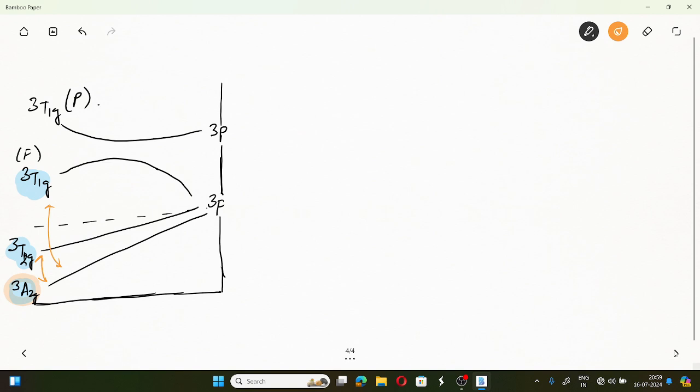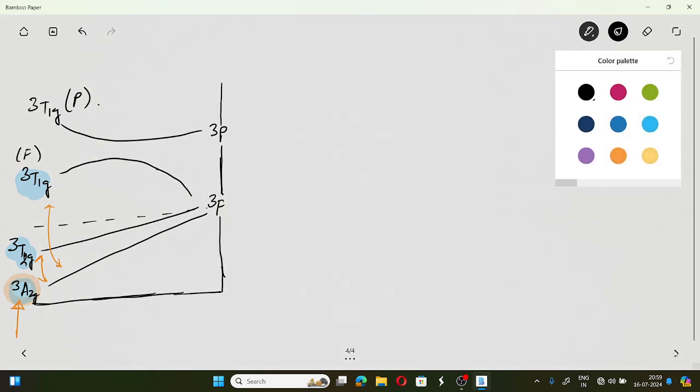Okay, there offers interaction between them, and that's why this ground state A term attains some amount of T character. Now you already know that if there is some T character, then the magnetic moment will be slightly higher. তার মানে it develops some amount of T character. তাহলে আমরা কি বলবো, যে